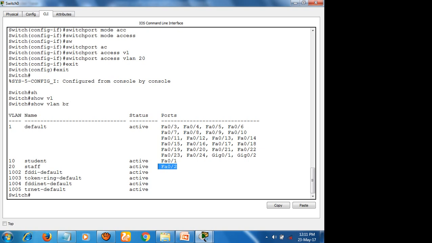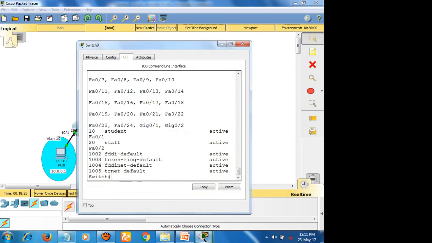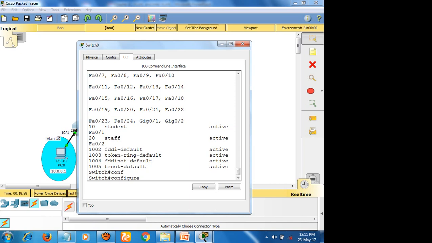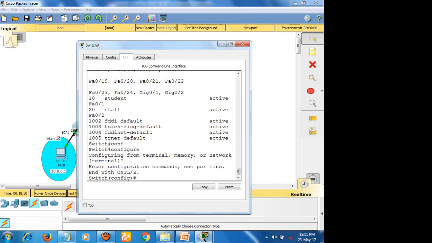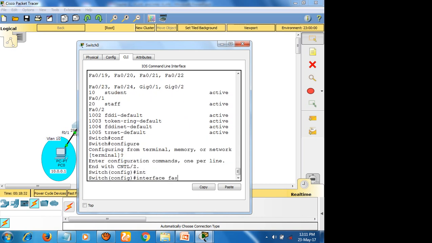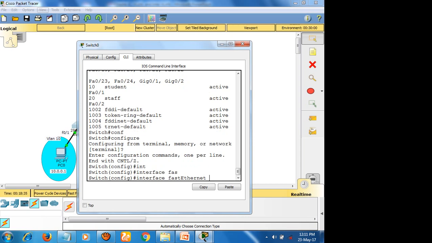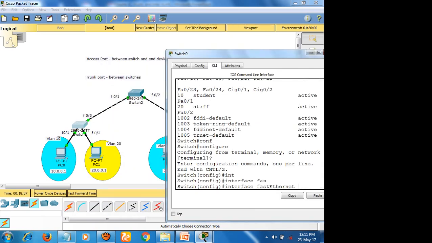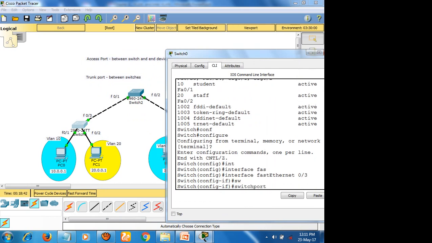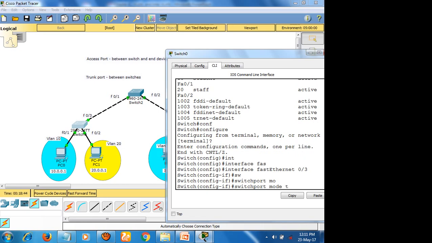Now I want to configure trunk port for 0/3, because I need to transport 10 as well as 20. So that is why, again I'm going to config, interface fast Ethernet 0/3. Switchport mode trunk,